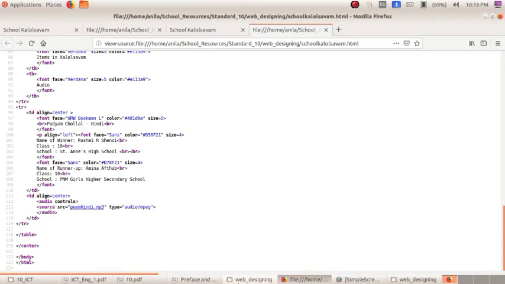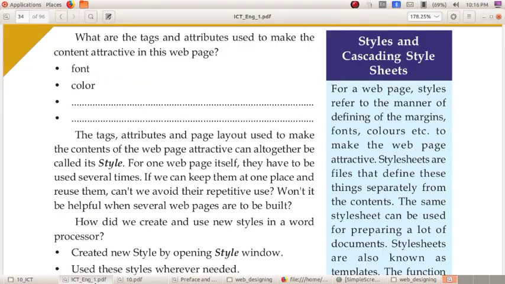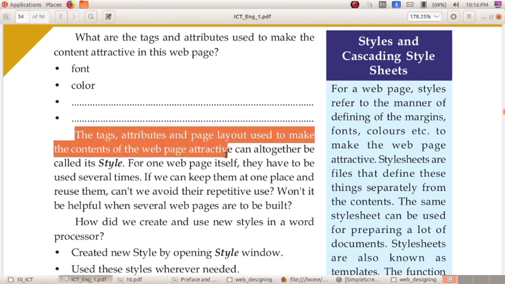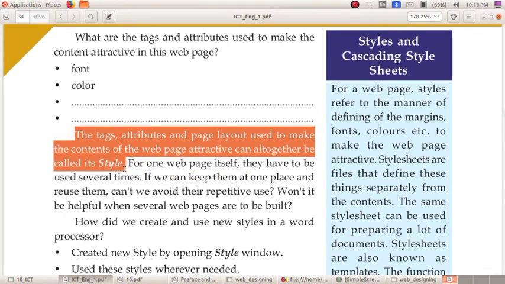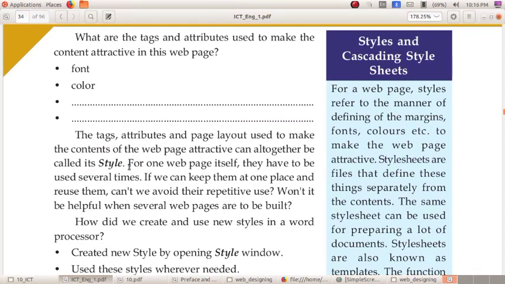Okay, so here is a definition for styles. The tags, attributes and page layout used to make the contents of the web page attractive can altogether be called its style. Okay, so what are the 3 things contained in a style? The tags plus attributes plus page layout.